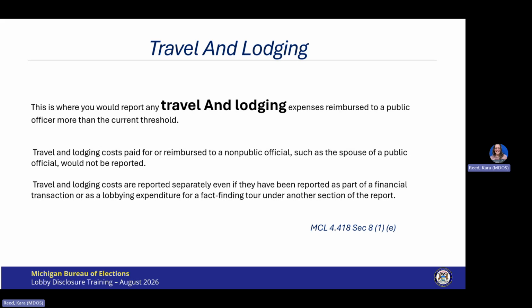You will need to include the names of the parties to the transaction, a description of the transaction, and the date and amount of the transaction. If a lobbyist or lobbyist agent provides travel or lodging expenses to a state senator or representative, they are required to provide a copy of the transaction to the public officer.